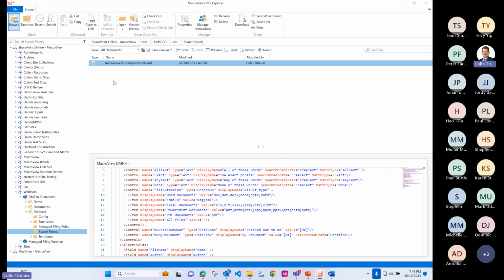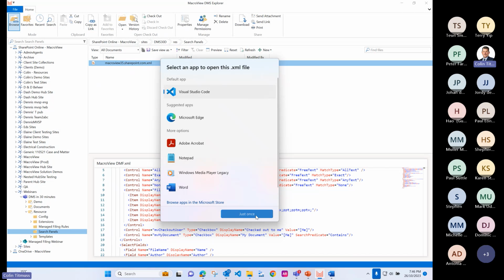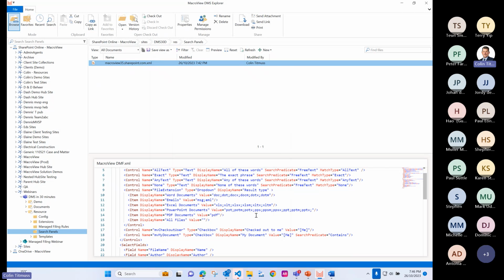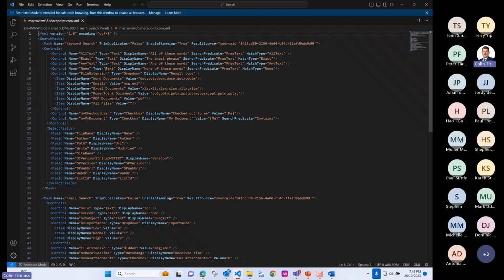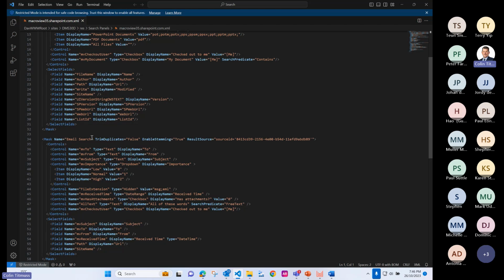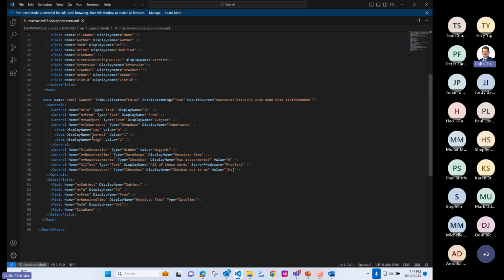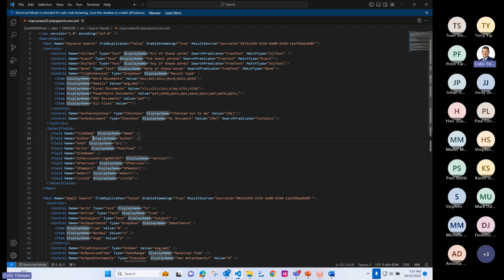I'm just going to open one and do one quick change in here. So I could just open this search panel. And just so you can see the effects, they're technical, as I said, but there's good documentation and there's not a lot to them. So a whole search panel is just listing the controls I want to see, the search panels I want to see, and the search results I want to see. But I said we'll cover this off in another session. But just to show you the effect, if I was to very quickly just change that name,